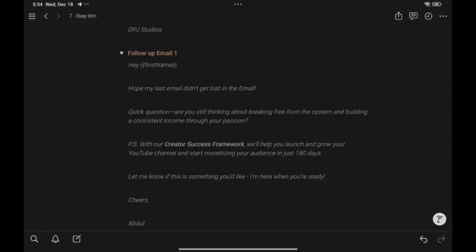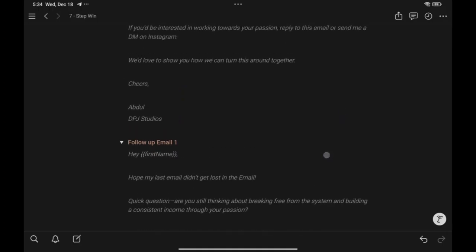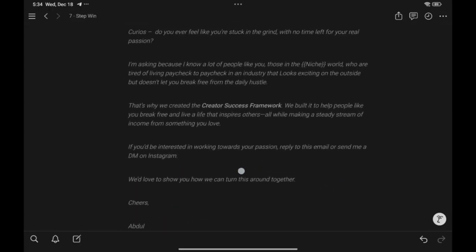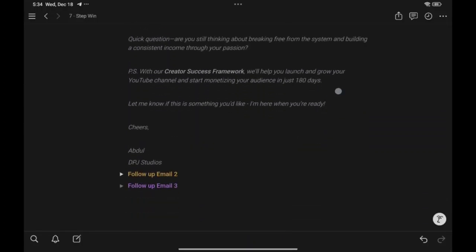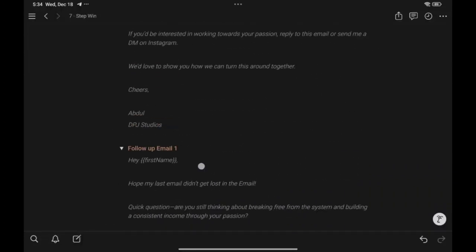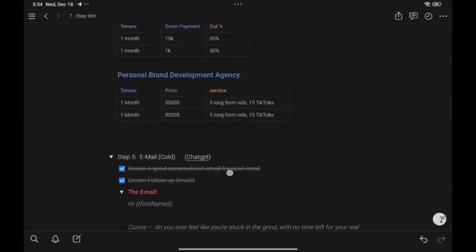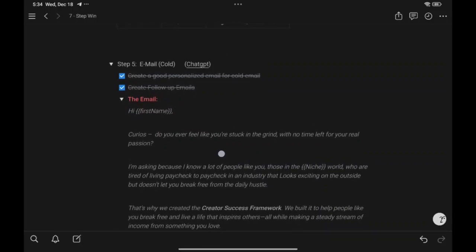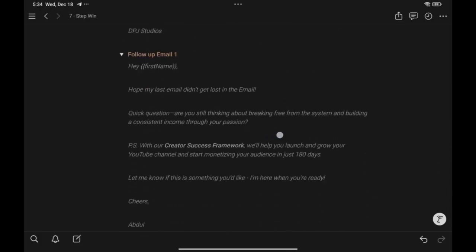Here is an example of a follow up email. Make sure your follow up email is small and indicates that this is a follow up email, and that your original email is somewhere further down. I just created one, but that doesn't matter. All you have to know is that you need a personalized email and a personalized follow up email, and make sure your follow up email is not too long.